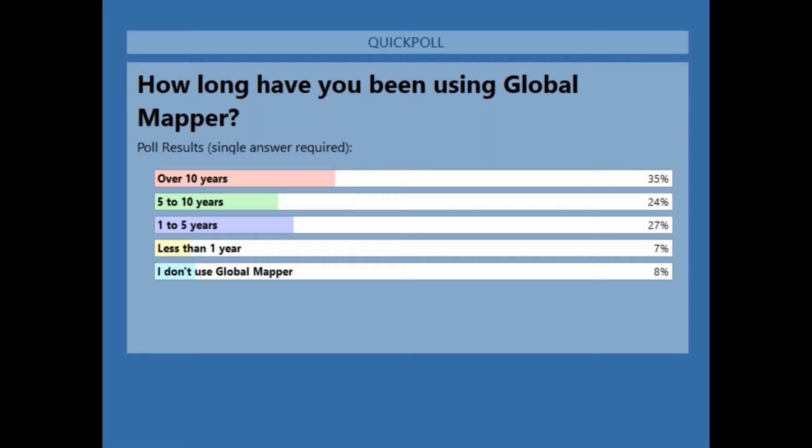Hopefully, you're seeing those right now. So for the folks on the panel, this is who we're speaking with today. The majority are obviously longtime users, but I always find it interesting when we deliver these presentations that there are folks who are not yet using Global Mapper but are interested enough to come along and find out a little bit more about the application. So thank you for